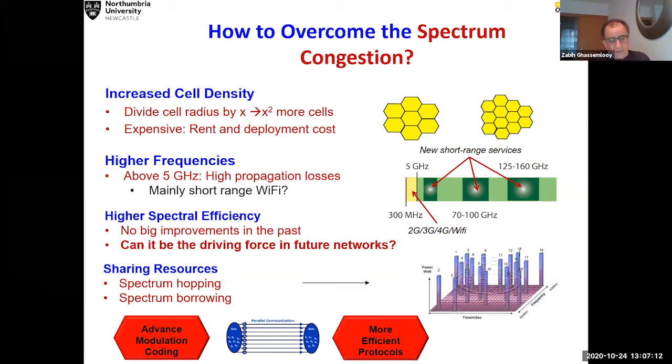And then a higher spectral efficiency. In other words, how effectively can we utilize what we have by manipulating the signal in time and frequency domain. And that is our creativity. We are basically compressing a lot of information into very limited resources. And that's very clever. The latter one is the sharing of resources, where we are not doing anything much. We are just using whatever is available out there. It's possible that if someone is not using the resources, then I could use it, and so on.